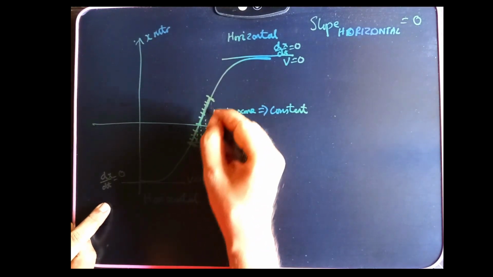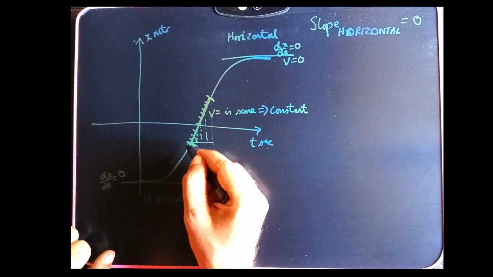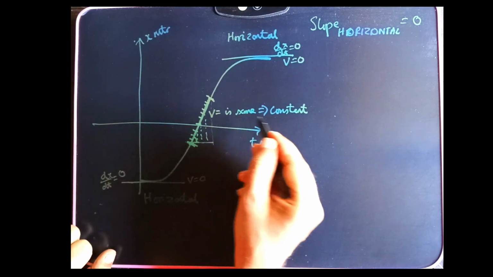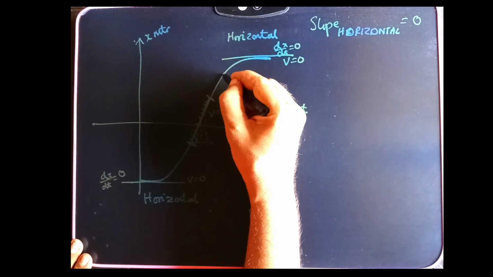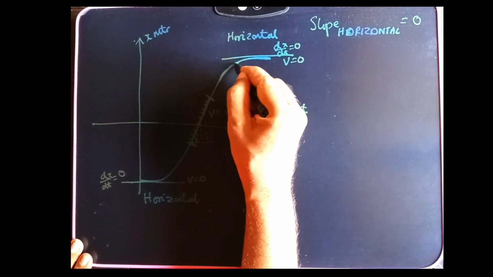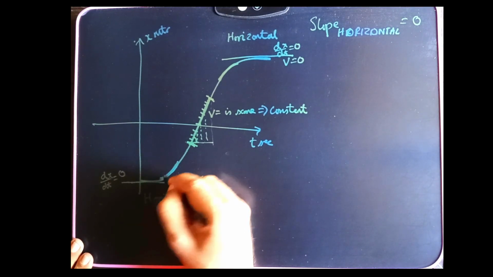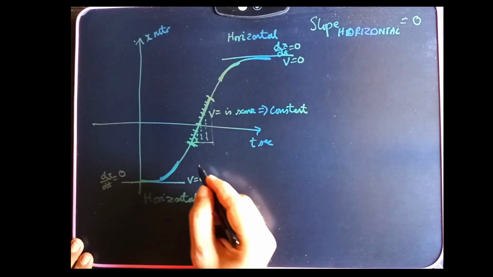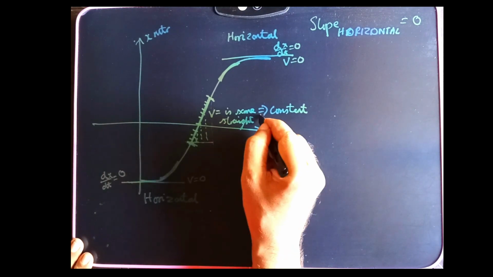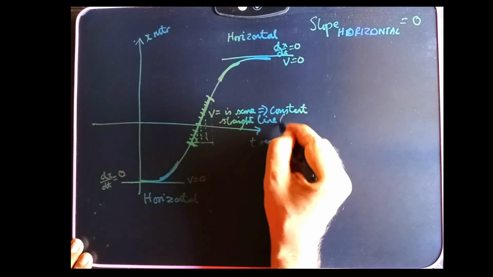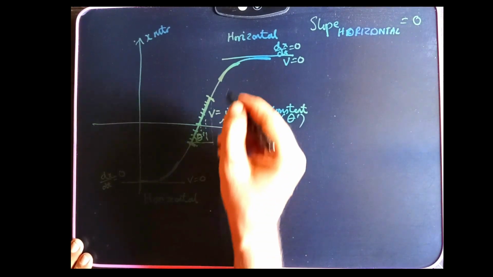So if the tangent line can be drawn straight on the graph, at that time V is constant. That means V is the same. At the curved region, here this is the curved region, V is changing. This is a straight line, but making an angle theta, I'll say theta dash. This is theta dash. Now here at this curve,